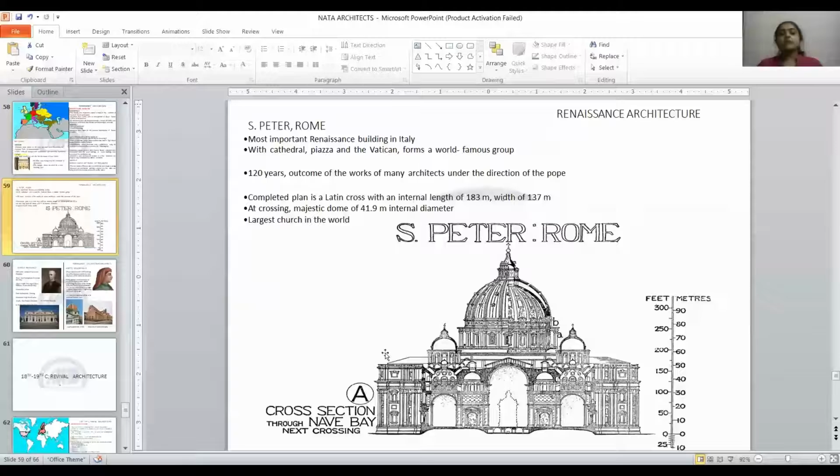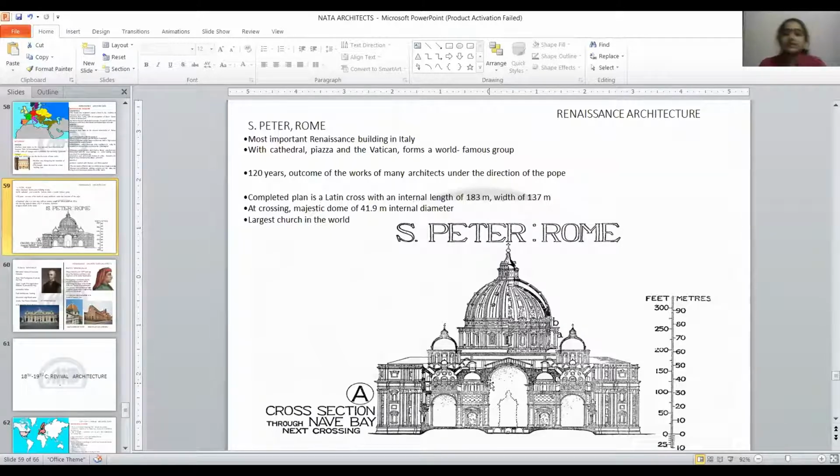Every building of this architecture will be balanced. You can see the symmetry there. Here they use almost every type of column, like Tuscan, composite, Doric, Ionic, Corinthian. It was used both structurally and as a decorative element. Ceilings were generally flat in this type of architecture, which was actually taken from Rome and Greece.